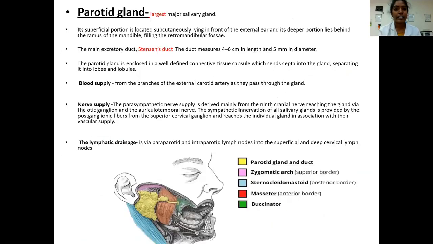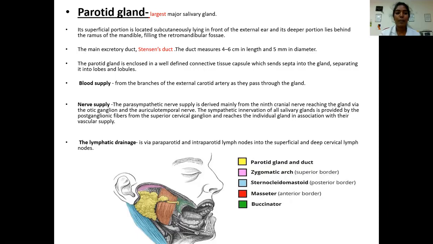Going into the parotid gland, it is the largest of the major salivary glands. Its superficial portion is located subcutaneously, lying in front of the external ear, and its deeper portion lies behind the ramus of the mandible, filling the retromandibular fossa. The main excretory duct, that is the Stenson's duct, measures 4 to 6 centimeters in length and 5 millimeters in diameter. The parotid gland is enclosed in a well-defined connective tissue capsule, which sends septa into the gland, separating it